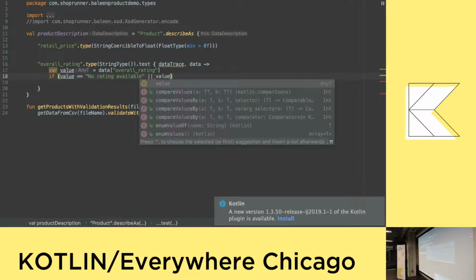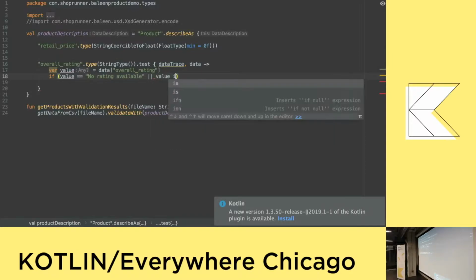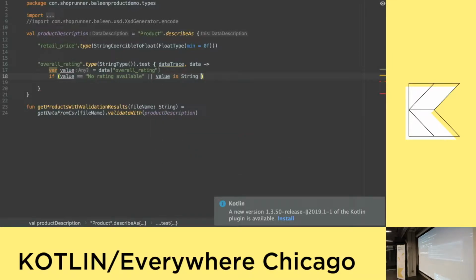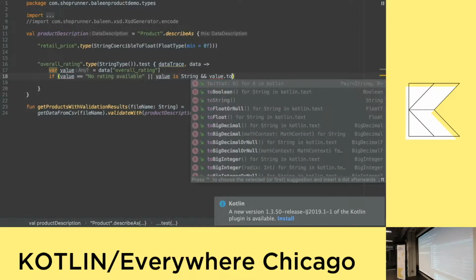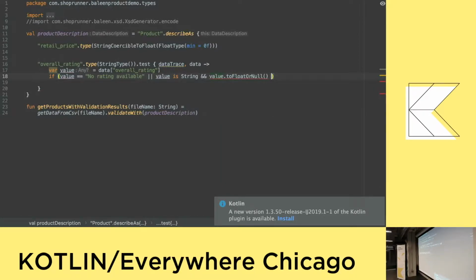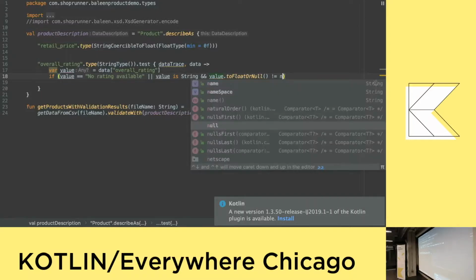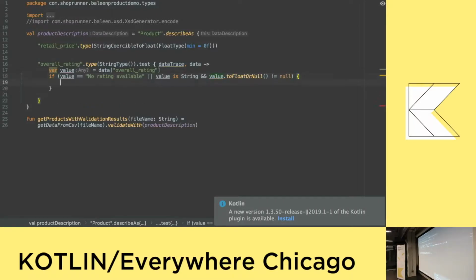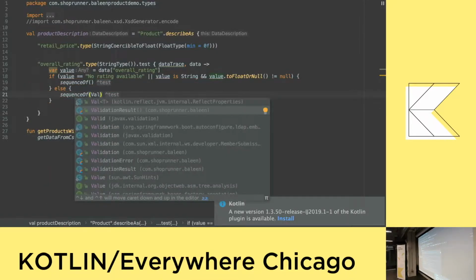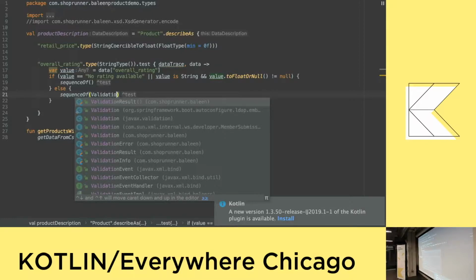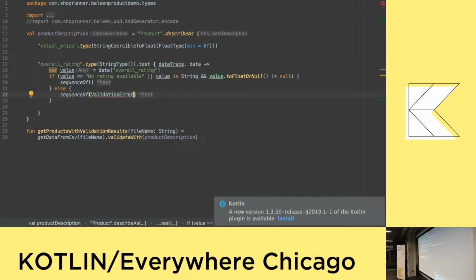The value is of type any, so it's a good thing we can do the cast to string, and because we've done the cast to string, we can say value to float or null, and we want to make sure that's not null. And if that's successful, then we return a sequence, an empty sequence, and if it's not, then we return a sequence of validation error, and that